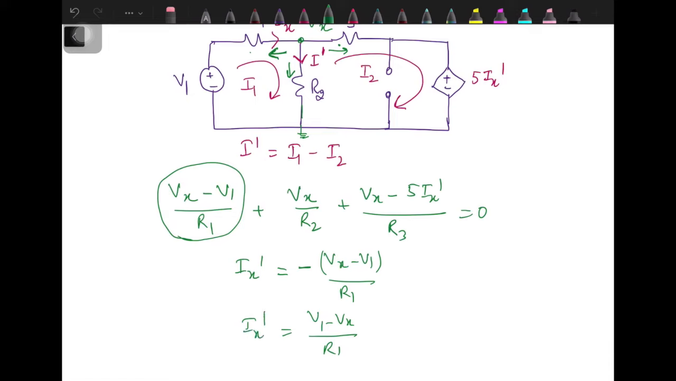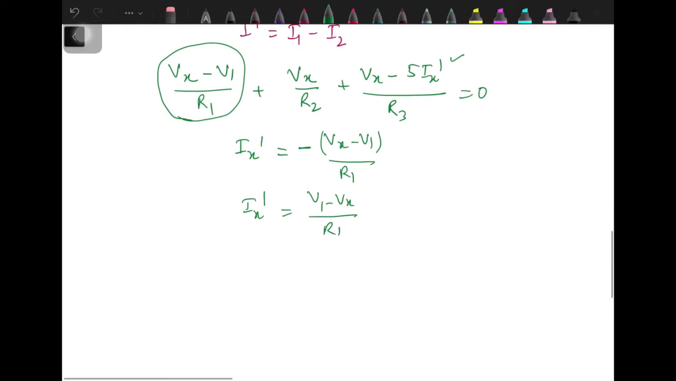Then we need to substitute this value of Ix dash over here, and then we can solve. So it's totally an individual's choice which method is comfortable to you, and always choose the method which will give you the solution in the minimum number of steps, whether it's mesh analysis or nodal analysis. Now the second step is we have to consider case 2,